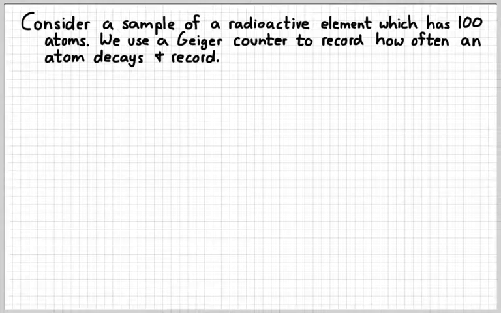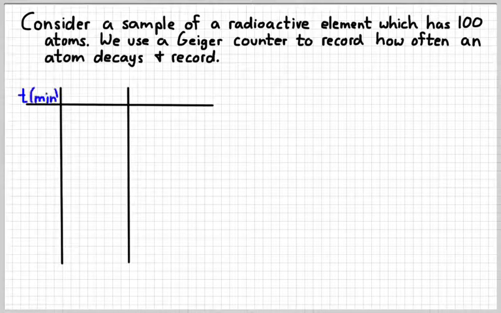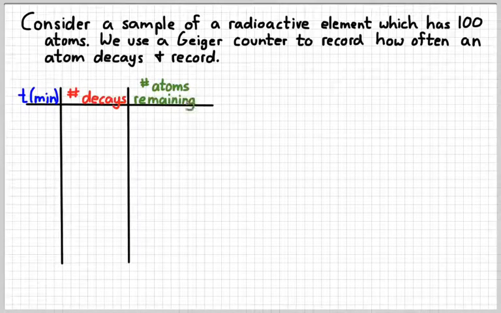So again, this is a hypothetical situation. I've got the data collected for you. And so I'm going to create a table with three columns. One being the time in minutes that's passed. The middle column being the number of decays I count during each minute. And then the right-hand column being the number of atoms left in the sample. So for instance, at time t equals 0, I have 100 atoms,